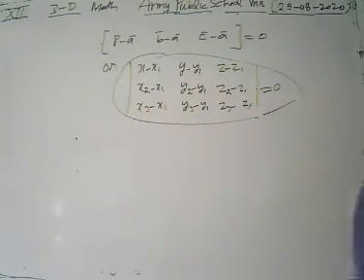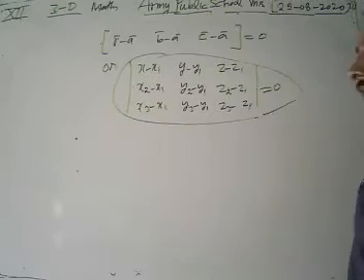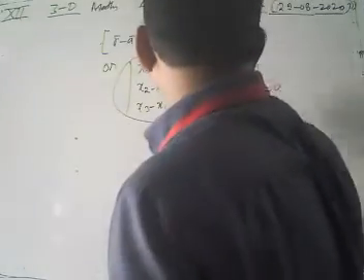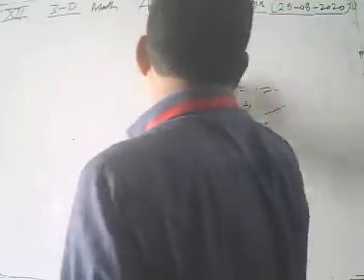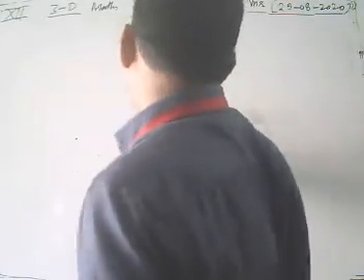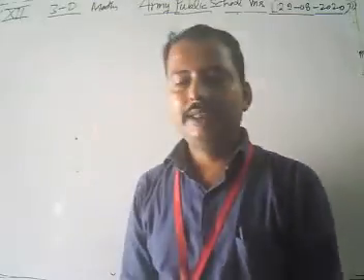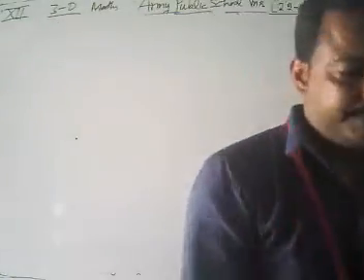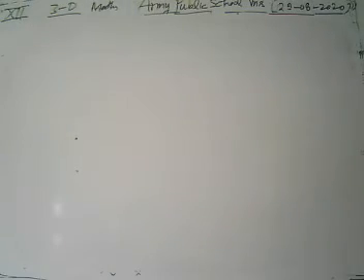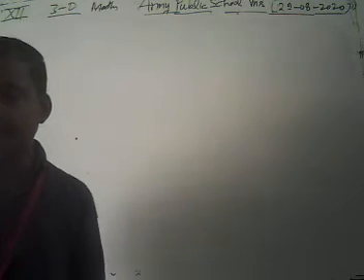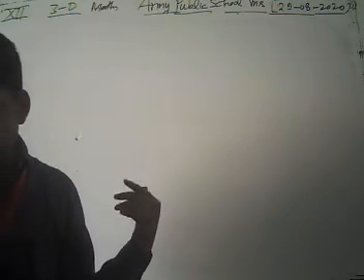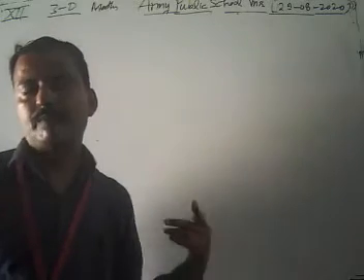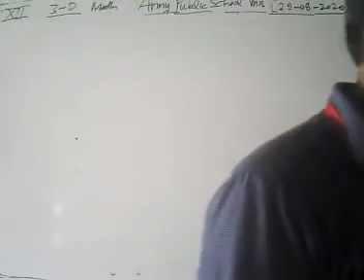Then yesterday we discussed the equation of a plane in intercept form, which is given by x/a + y/b + z/c = 1, where a, b, c are the intercepts on the x axis, y axis and z axis respectively. Now, today we are going to do problems on finding the equation of a plane passing through three non-collinear points. First of all, we are going to take one question.